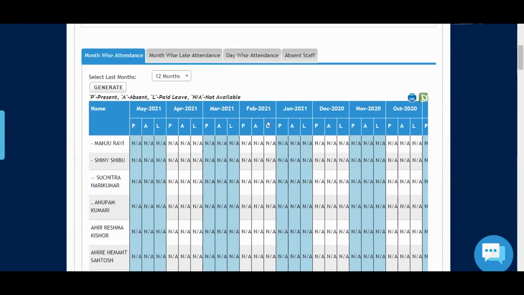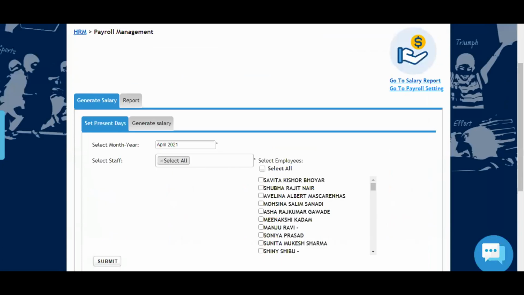Okay, fine. But last year, I don't think it was used. Fine. What's next on this? Anything further? No, sir. Leaves, that's all: how to create leaves, how to apply, and how to check.